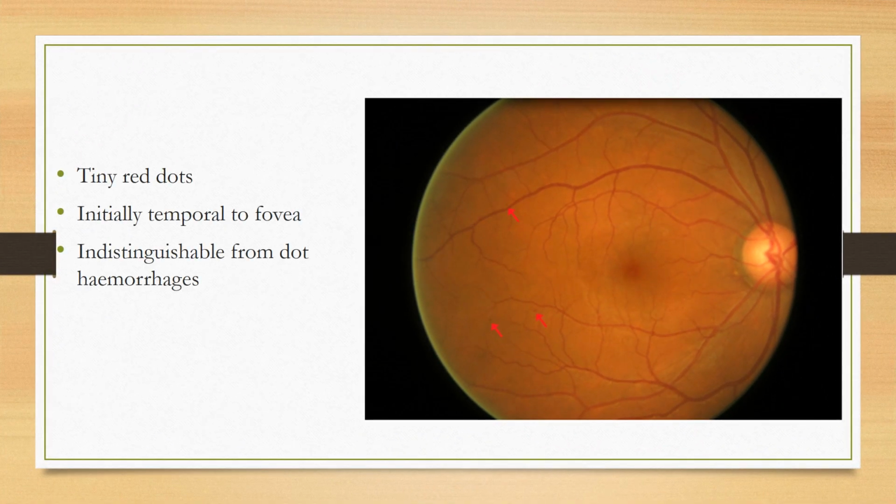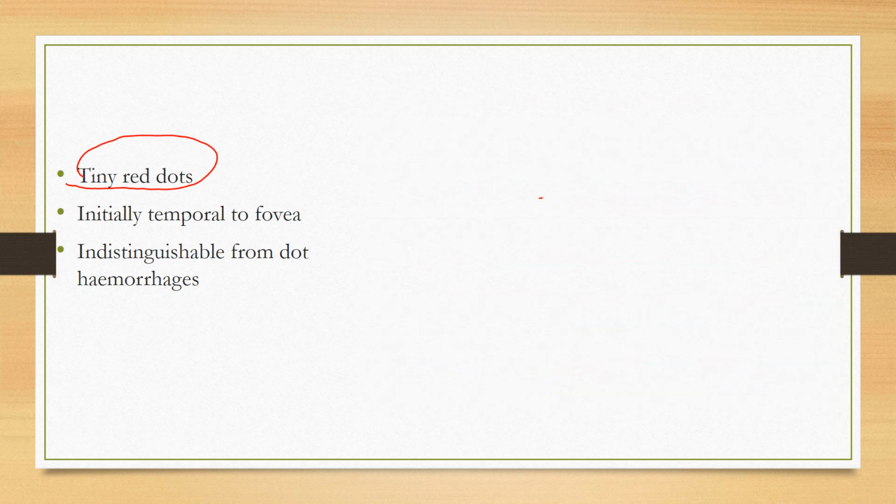Next, what will actually happen at initial stages? When there is a microaneurysm, it won't be directly seen in the bigger blood vessels. It starts with the peripheral blood vessels, in the peripheral retina. It appears as tiny red colored dots. The arrow marks here point to them. When we zoom in, you will be able to see these red colored dots.